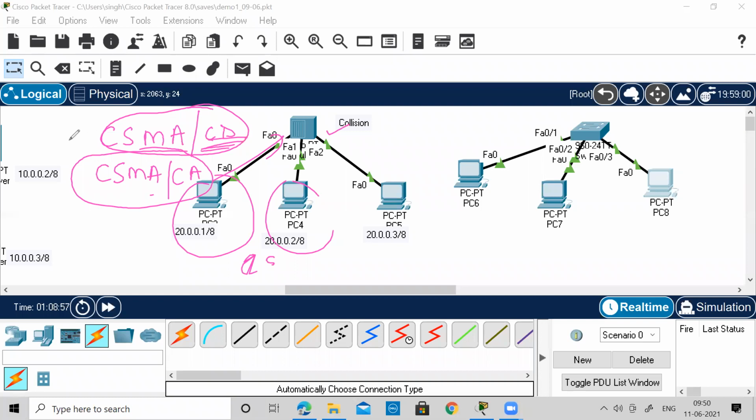Okay, so this is again a very, very detailed topic. It cannot be discussed in such a short time, because I have to explain the exact algorithm: how they set up the back-off time, what the procedure is, what the flow chart is, and how the others come to know that a collision has happened. They have to be informed that there is a collision.